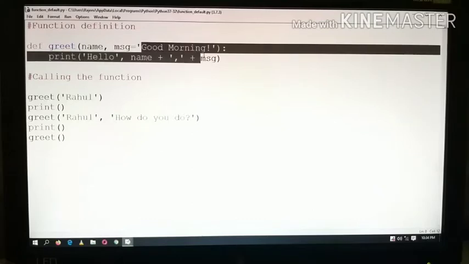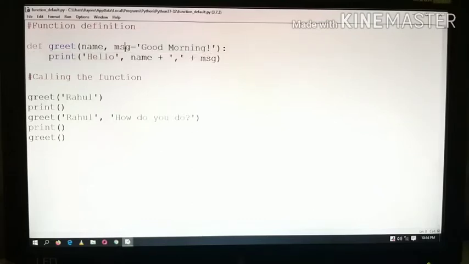In this case, the default good morning will be assigned into message. Here you can see the same function we are calling here. In this case, Rahul will be assigned into name, and how do you do will be assigned into message while calling this function. This good morning will not be assigned. Instead of good morning, this value how do you do will be assigned into message.